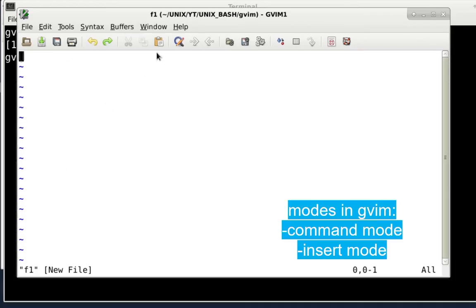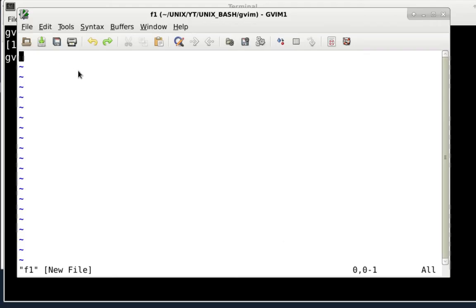So here you see, when you open this file f1 in gvim, you can see it's an empty window, right? And you can see f1, then the new file. So this mode is called command mode by default, okay? And you can see there's a vertical bar, a dark black highlighted block, which tells you it's command mode. So right now I don't want to go into more details on command mode, it will be covered later. But if I press I,